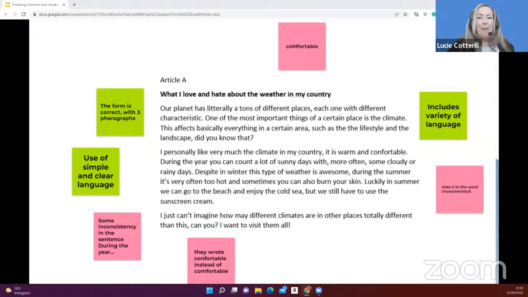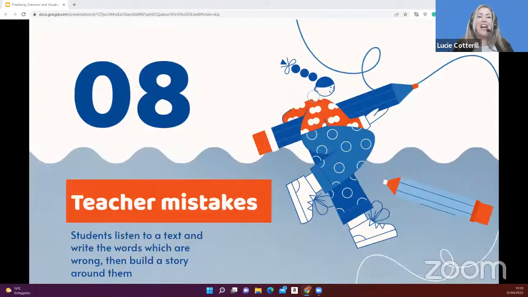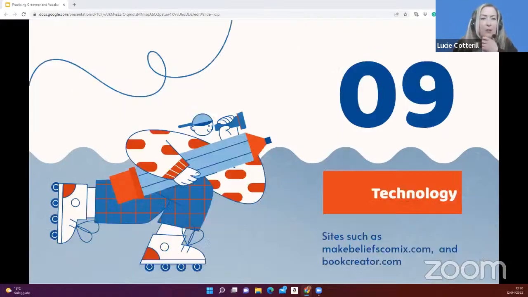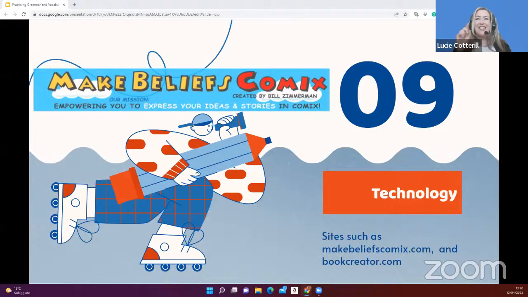Okay. And, talking of technology, what I'd like to move on to next, because there are lots of sites which can make writing more engaging for our students. I'm going to skip number 8, I'll come back to it if we have time. So there are some fantastic sites, such as the comic making site Make Beliefs Comics.